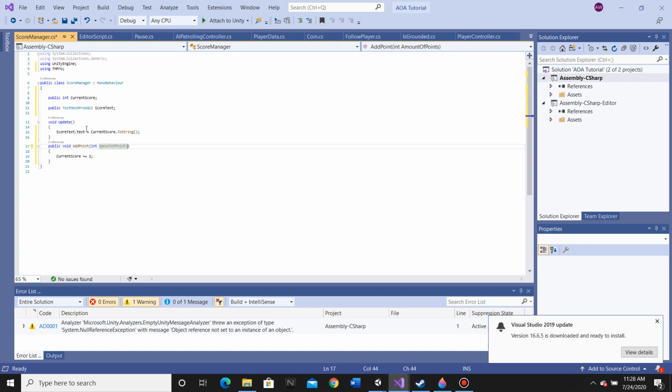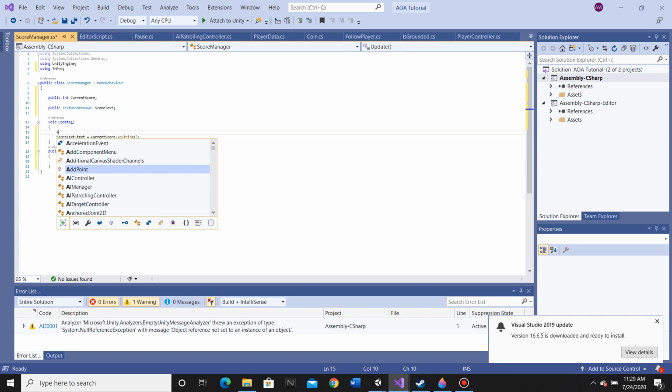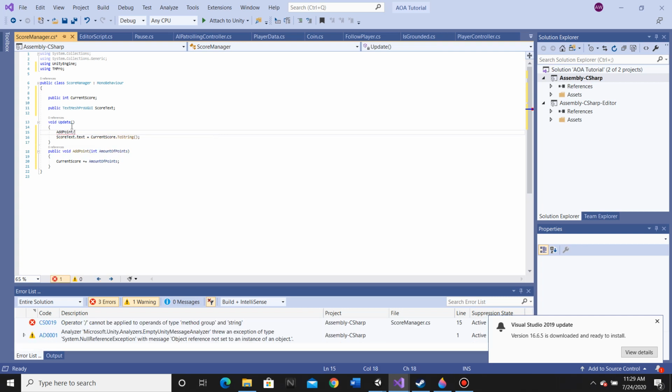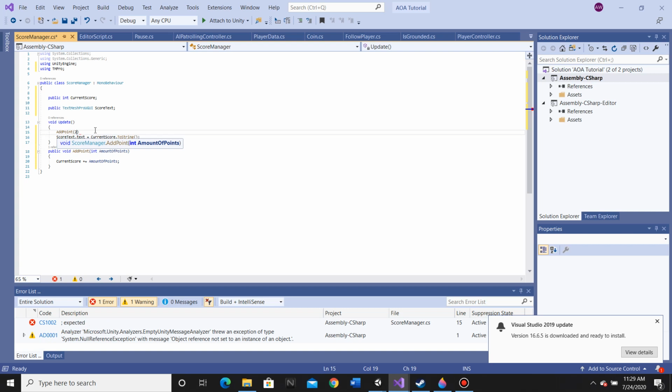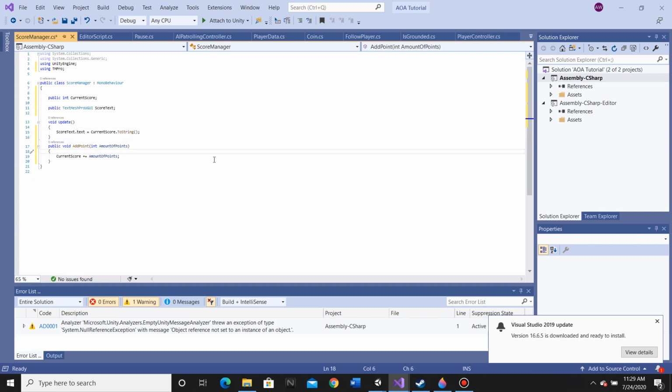And then up here I want to make this plus equal the amount of points. So now if I call the AddPoint function, I can add in a 1, and now it's going to add 1 point, or I can add a 2, and it's going to add in 2 points. So that's good for this script. So this script is technically done. So if I save that, then go out,